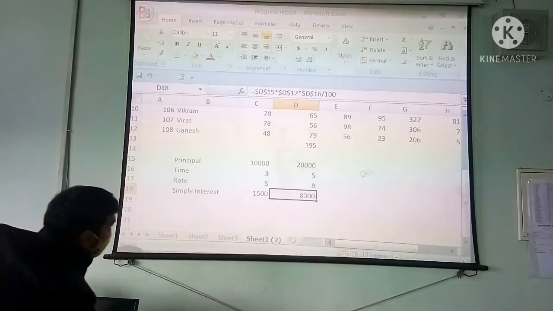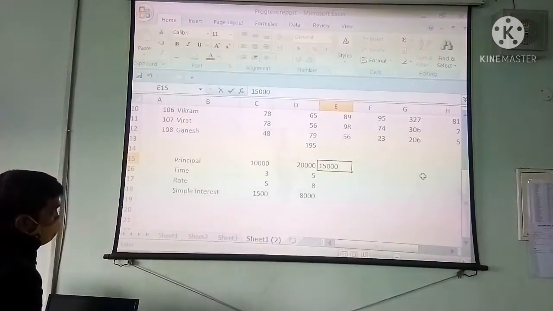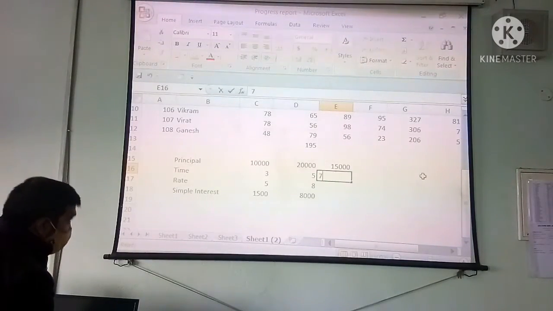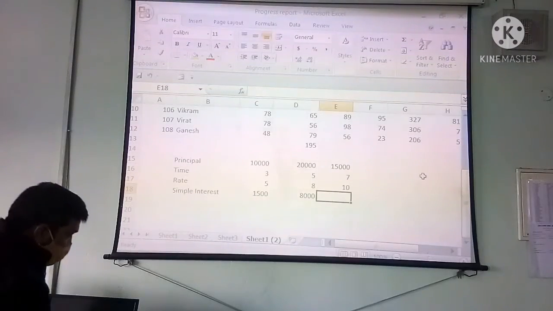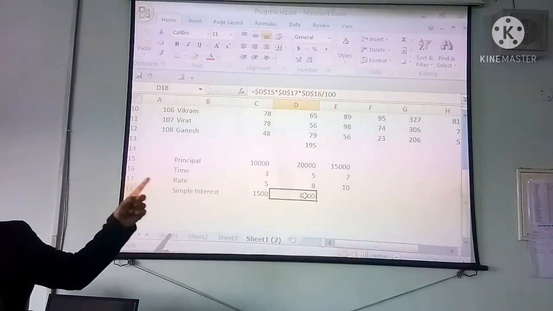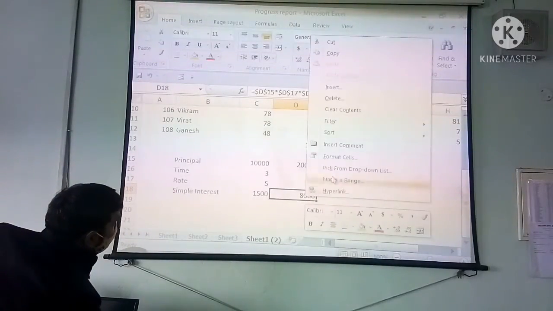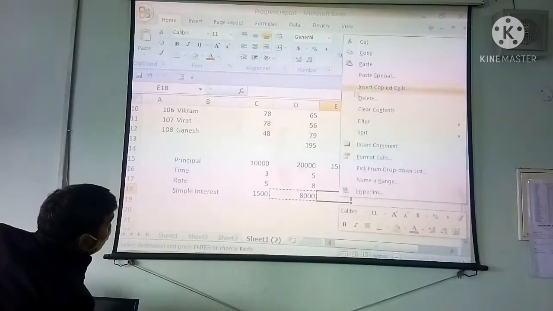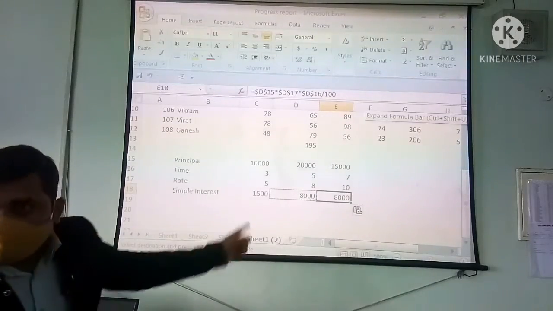See what happens. Now this time I am going to take 15,000 as the principal money. This time we are going to take 7 years, and the rate we are going to take is 10%. Okay. Now here, see, this formula I am going to copy. This absolute reference formula which we have written. Now I am going to copy, make a right click, copy. Go on this cell, make a right click, paste. So what will happen this time? See, you are getting the same value.